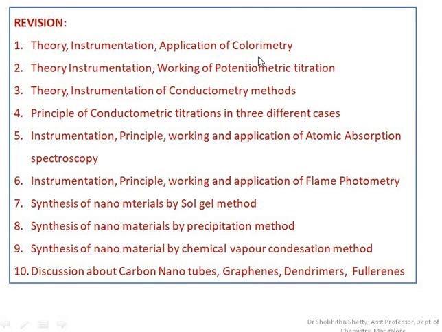Colorimetry mainly involves recording the absorbance, and determination of the concentration of a colored solution can be done effectively here. Potentiometric titration involves reading the electrode EMF, or the potential developed, with respect to the concentration of the analyte, based on redox titration. And the conductometry method mainly records the conductance of the solution, which varies according to the concentration of the analyte or the mobility of the ions.